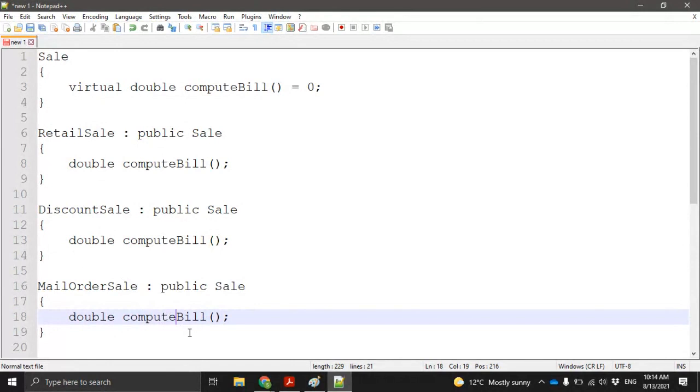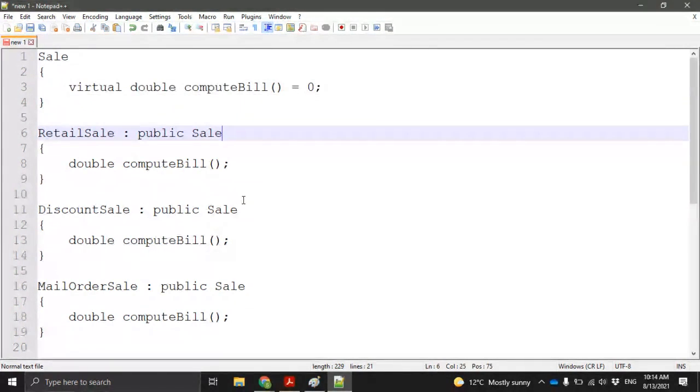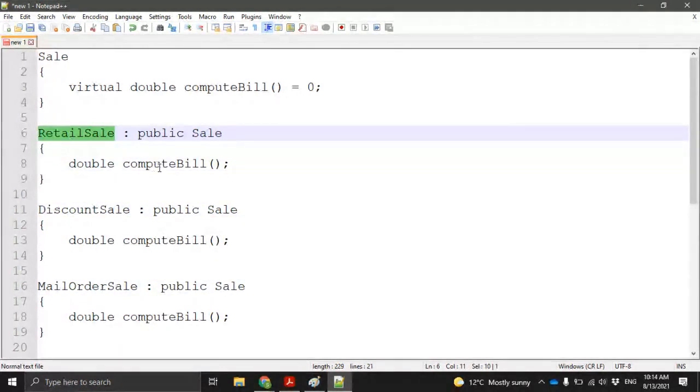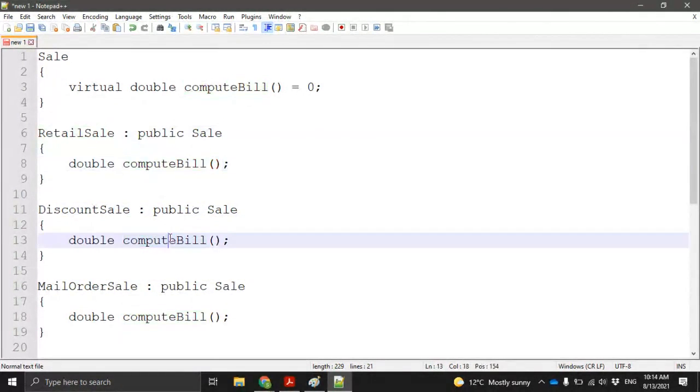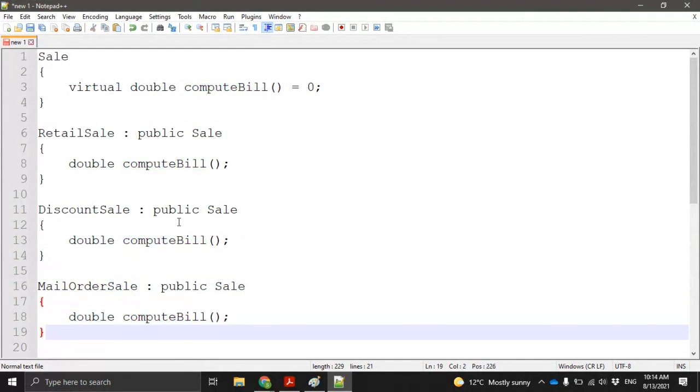This is the essence of polymorphism, right? It means that this function can behave in different ways, or has different meanings, based on how you are using it. If you're using it in the context of a retail sale, it has a different meaning. If you're using it in the context of a discount sale, it has a different meaning. If you're using it in the context of a mail order sale, it has a different meaning. So that's the whole idea